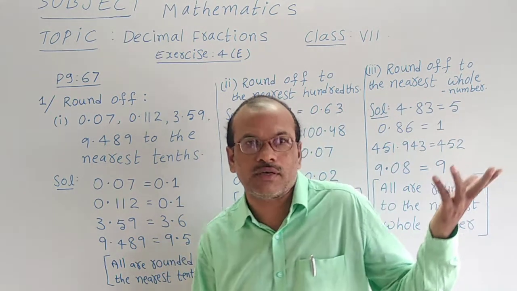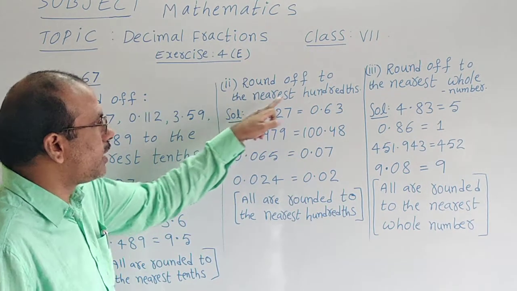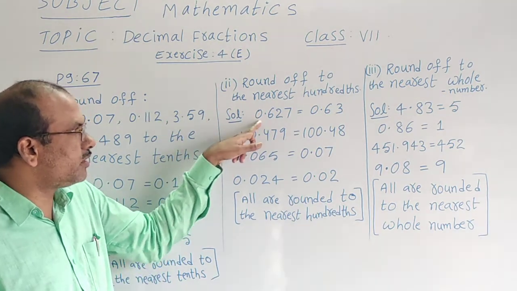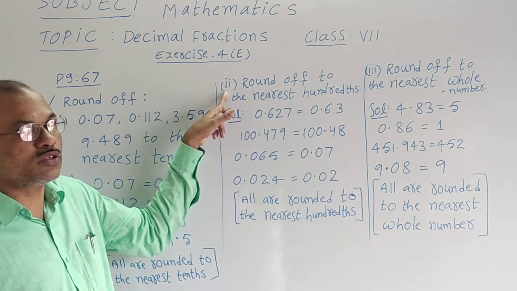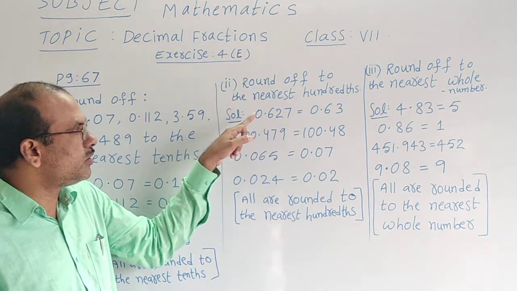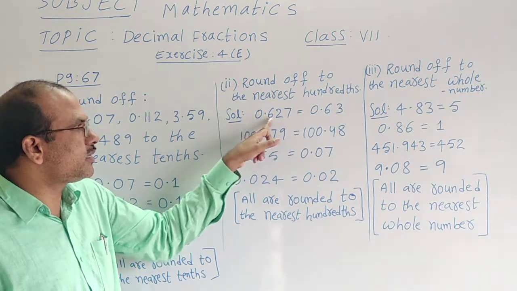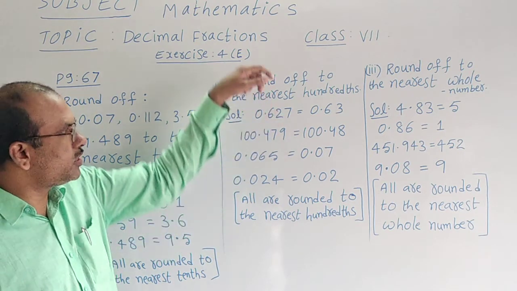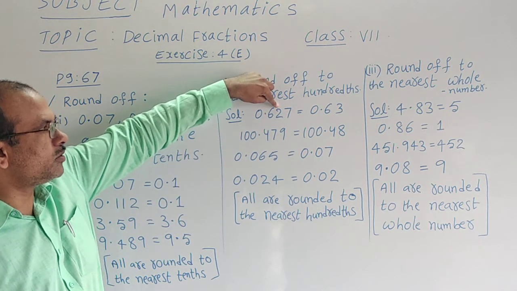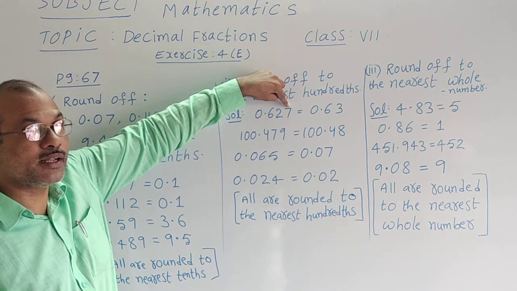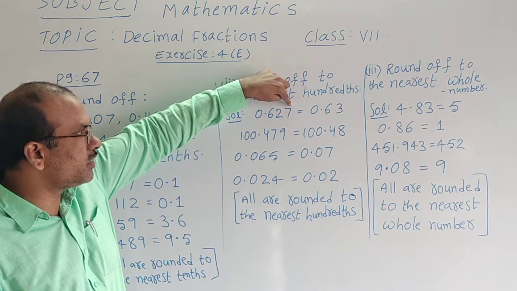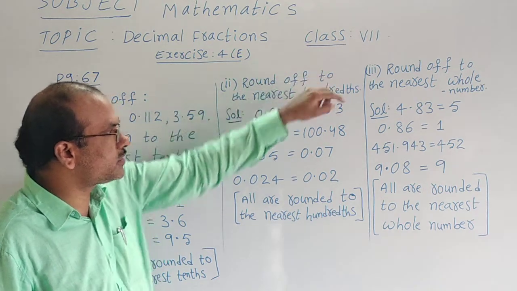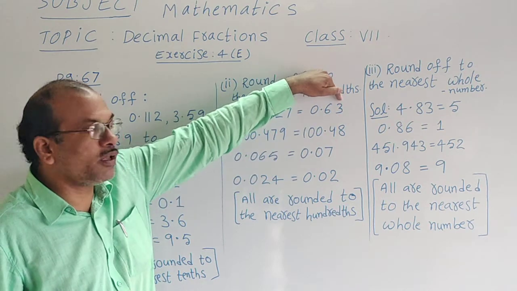We'll go for the second part. Those are to nearest hundredths. We should round off to the nearest hundredths. Given question is the second one. In the first question only, second bit. This is 0 point I have written. 6 also written. Here 2 is actually the hundredths place. Up to this digit only I should write. But that 7 I have noticed is bigger than 5. So 1 is given to this previous. 2 plus 1 becoming 3. Then 0.63. Up to the hundredths place I have written.